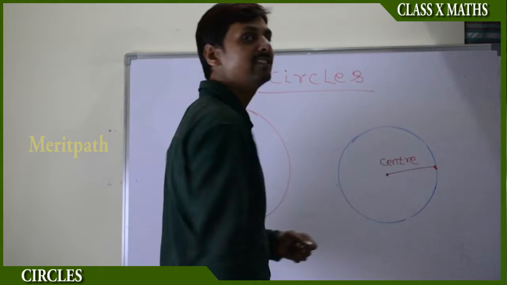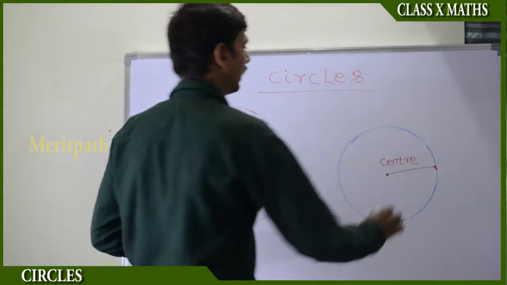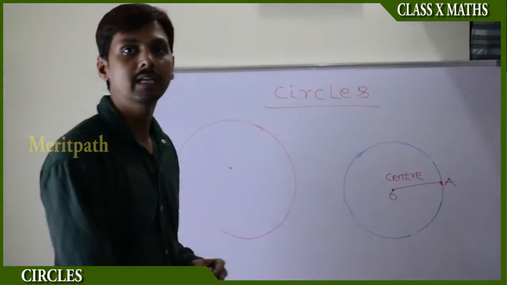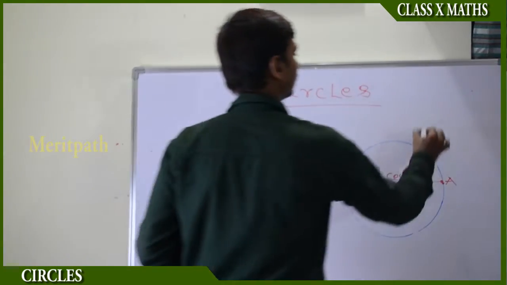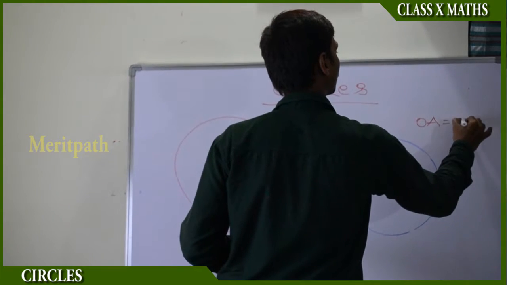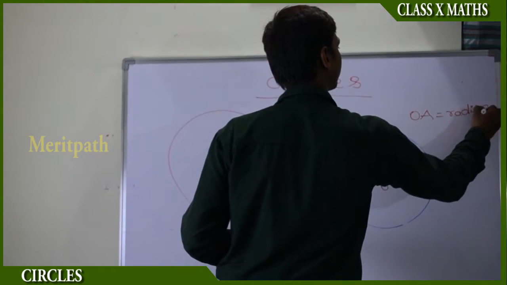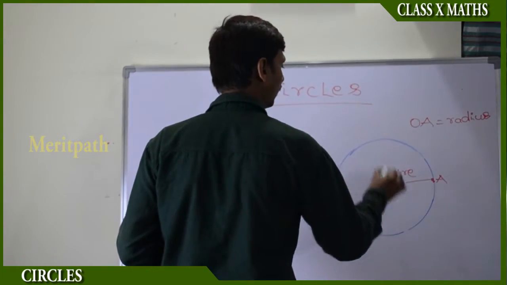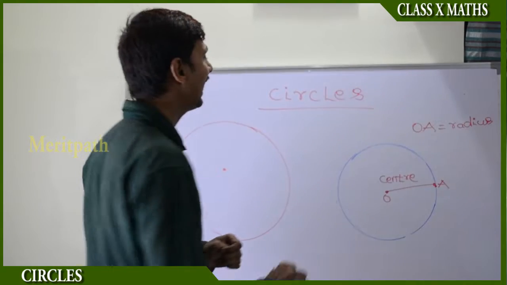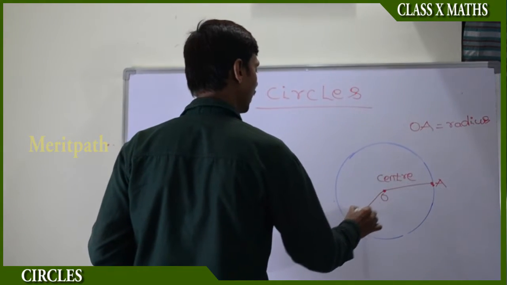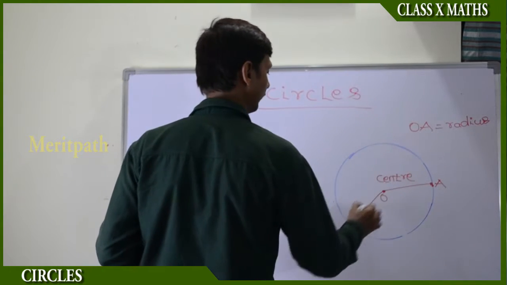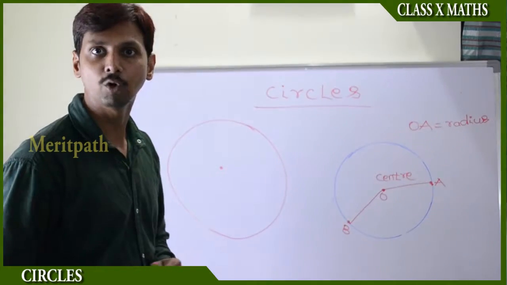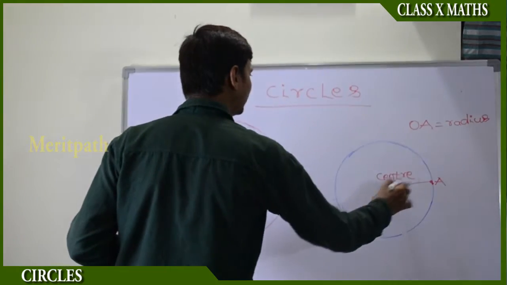This is called the radius of the circle. So let us take the point A, OA. And this OA is called the radius of the circle. From the center O, if you take any other point on the circle, this is also equal to OA. Let's take the point B, and when we compare OA and OB, the measurements of OA